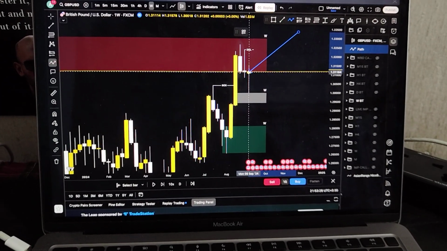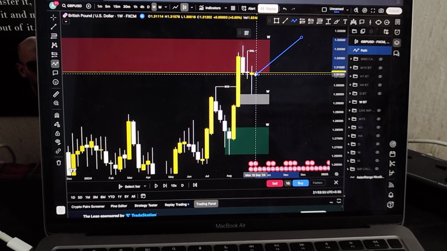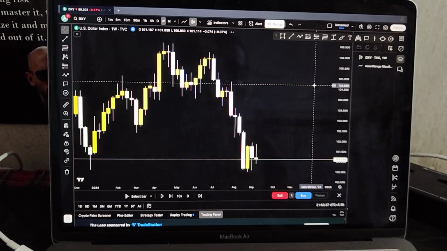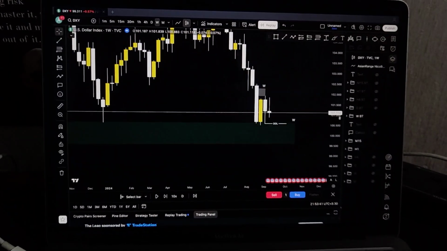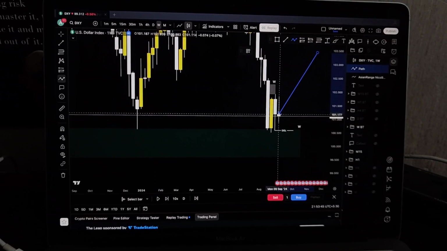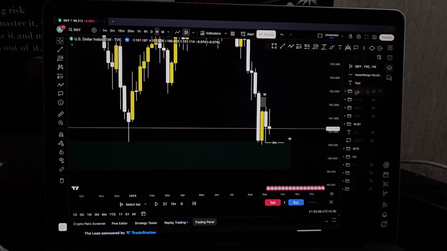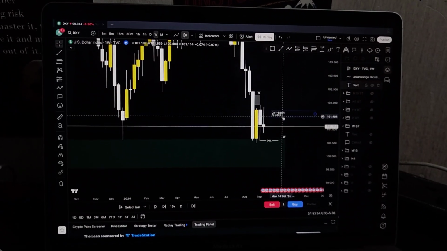According to how this weekly candle closed here, it is a bullish pin bar. So going into the next week, I will be looking for buys, meaning my weekly bias is bullish on GBP USD, which should be opposite on DXY, which will be bearish. And obviously on DXY the last weekly candle was bearish. So on the next week, anything aligning with us being bearish on DXY and bullish on GU will be considered higher probability.